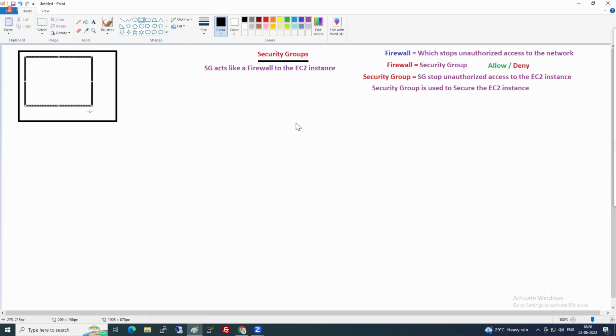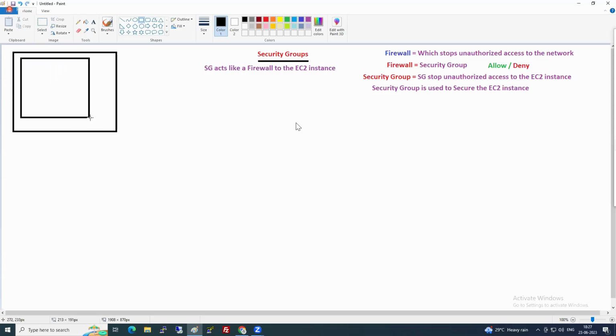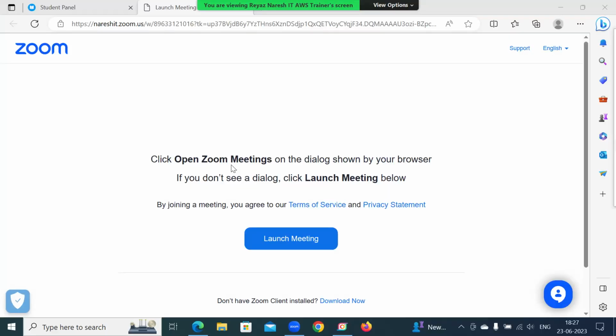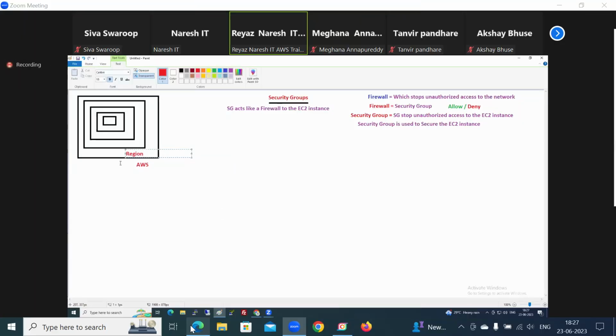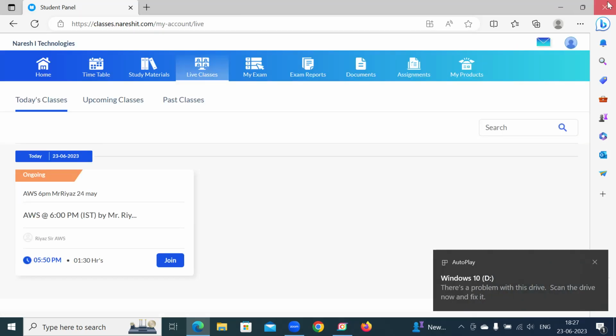So let me write. That outer layer is AWS. Inside we have what now? Region. Inside the region, what do we have? VPC. And then inside this we have